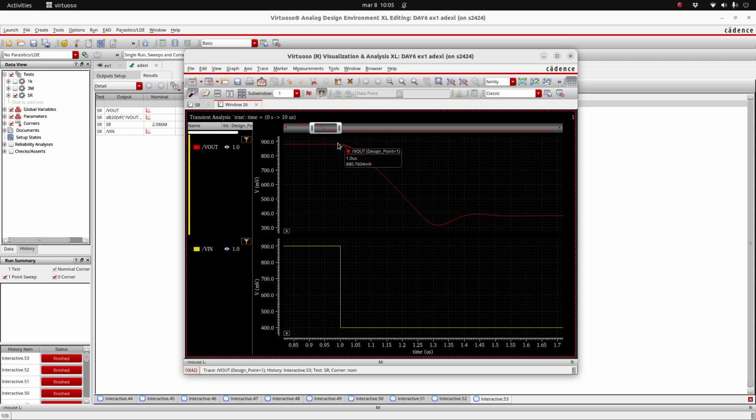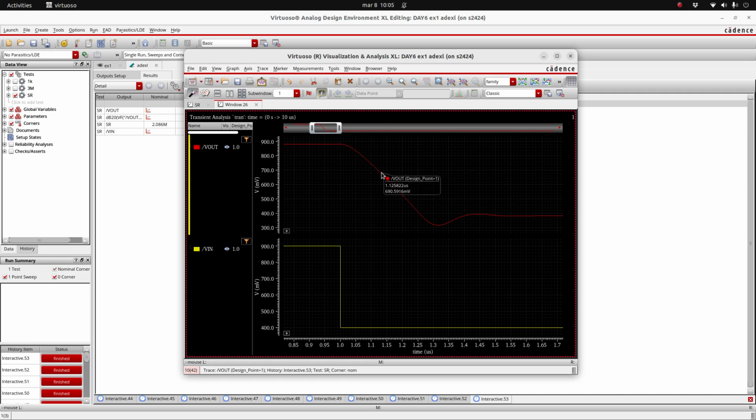So if I zoom in, then we can see that the signal is just changing slowly over time, and then it is just converging at the final voltage. That is what is expected. But this slope that we see here is what we call the slew rate. The slew rate of the system is basically limiting the speed at which my signal can change at the output, and it has very strong implications on the maximum amplitude and frequency that I can drive at the